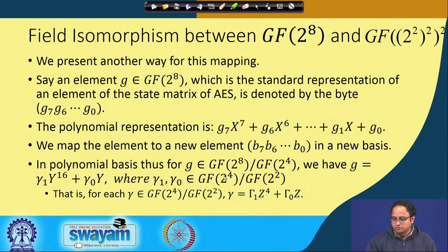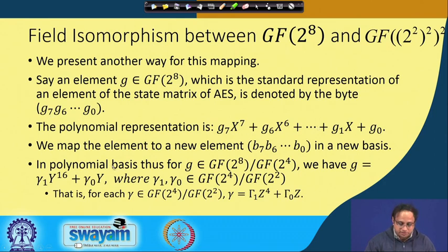So finally, we essentially have derived all the individual steps, and just for completion we now need to do the final transformation, both from GF(2^8) to GF(((2^2)^2)^2) and from this field back to GF(2^8). So we present, like in the polynomial basis, another way of doing this mapping. So we take an element, say G, which belongs to GF(2^8), which is a standard AES representation. You can abbreviate it by the tuple G0 to G7, and therefore this is your corresponding polynomial